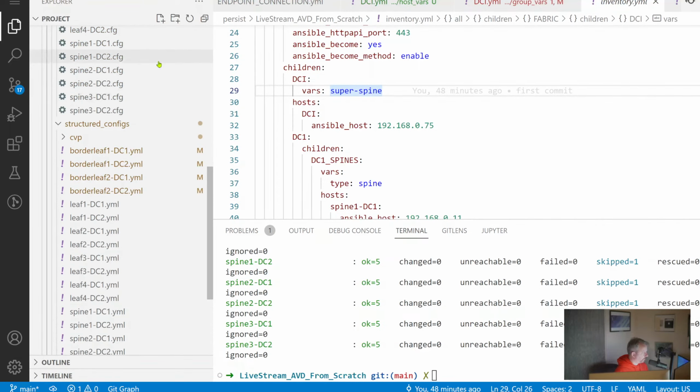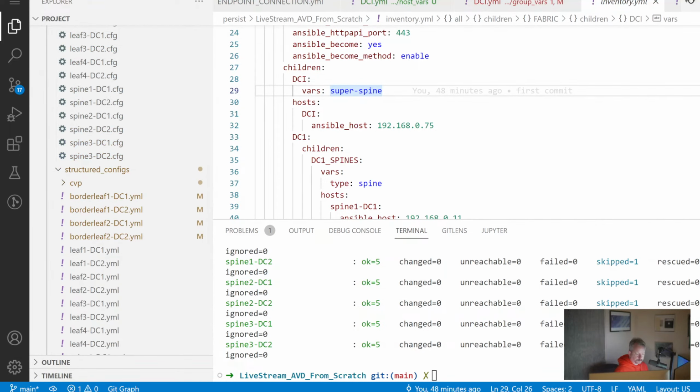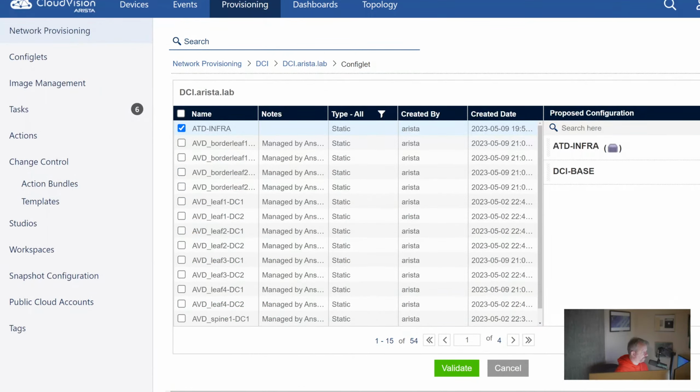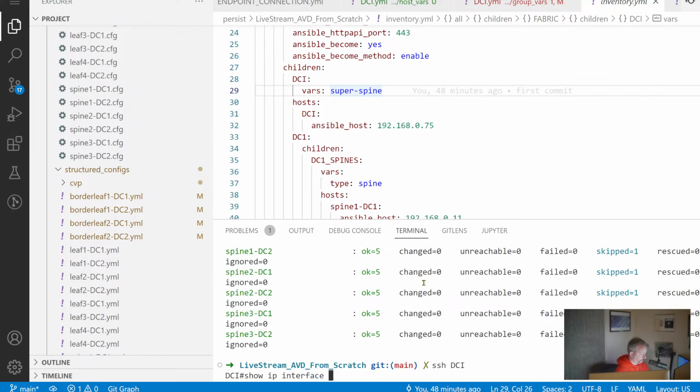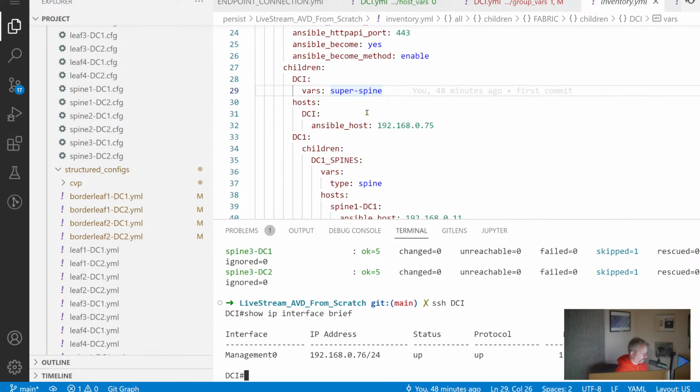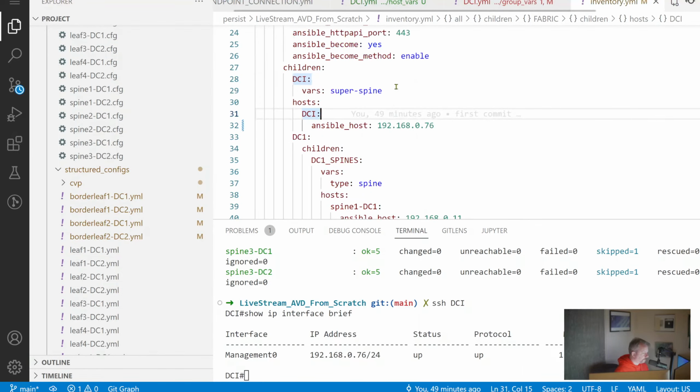Did I have the wrong... 76, 75. Which one is it? I think I might have the wrong IP in there. It's 76, so I got that wrong. There, and